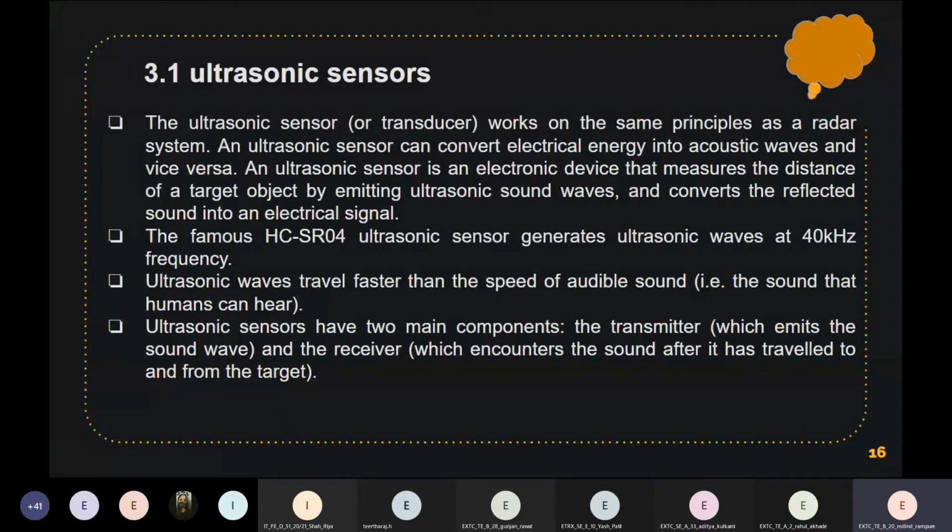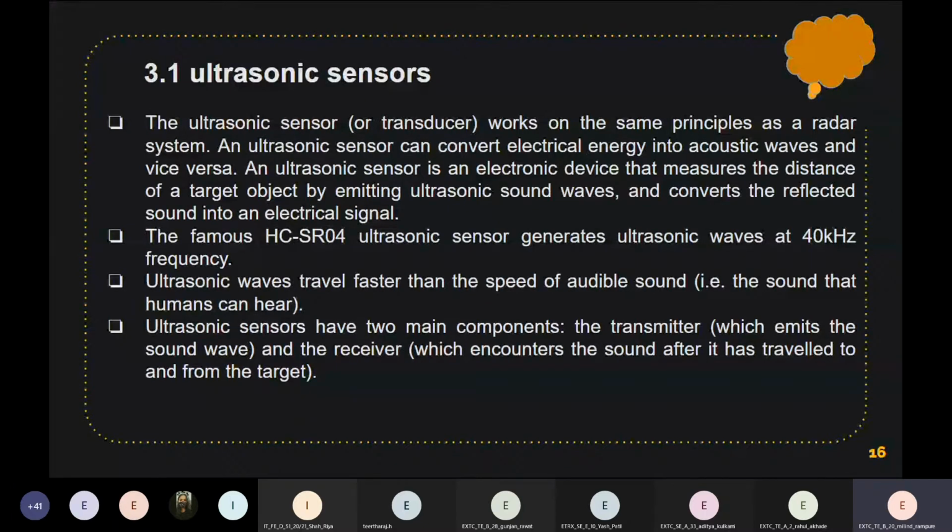We are talking about this ultrasonic sensor, which is the HC-SR04. This sensor generates an ultrasonic wave at 40 kilohertz frequency. This wave is beyond the range of audible sound that humans can hear.